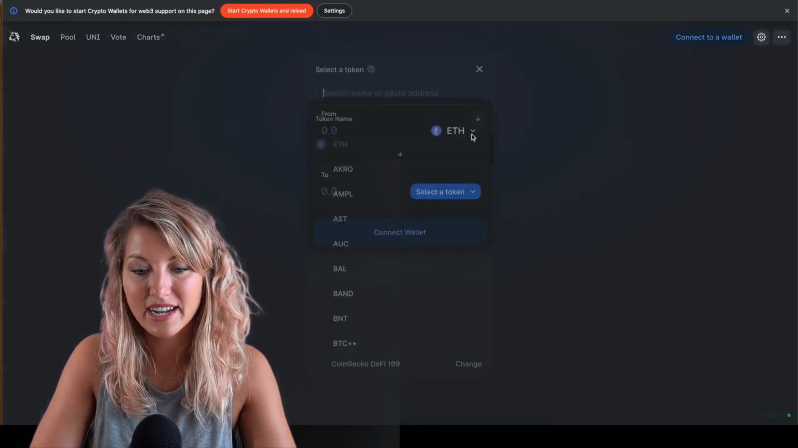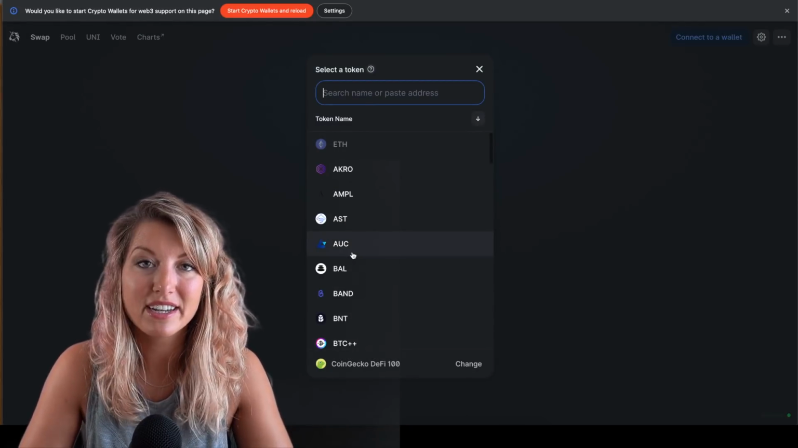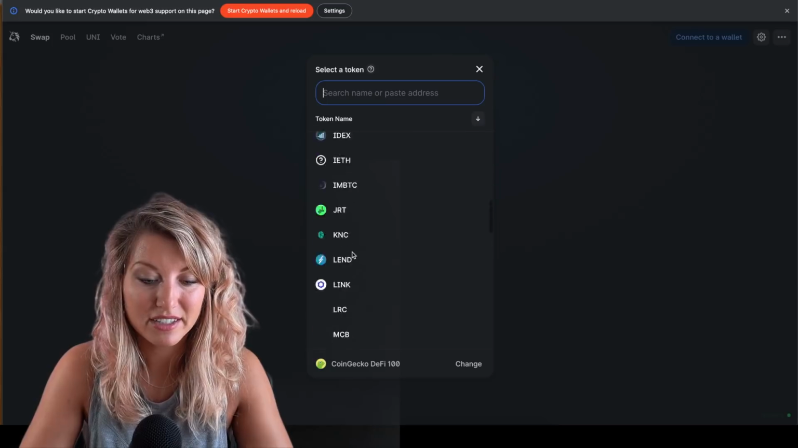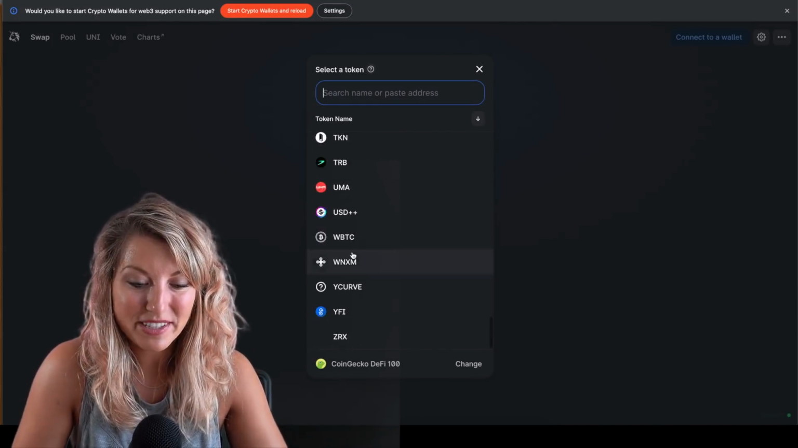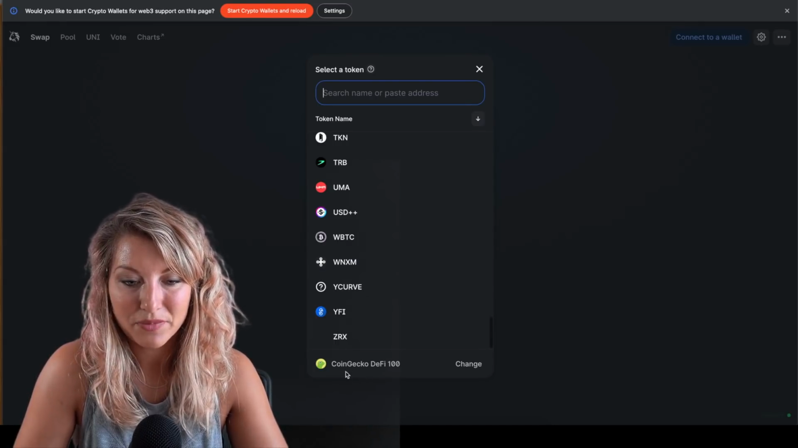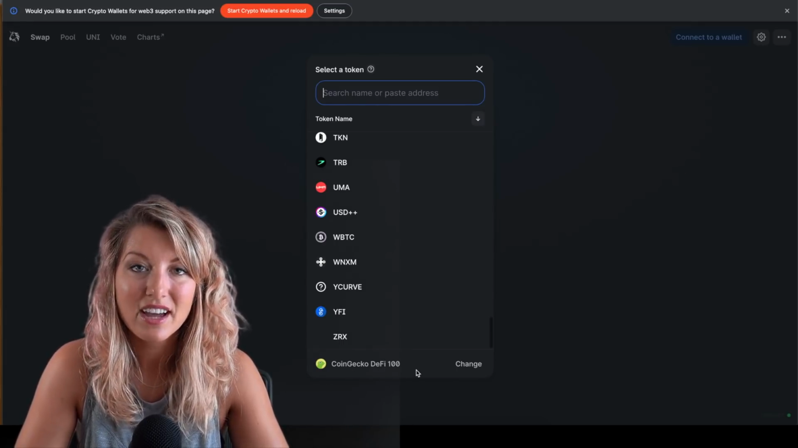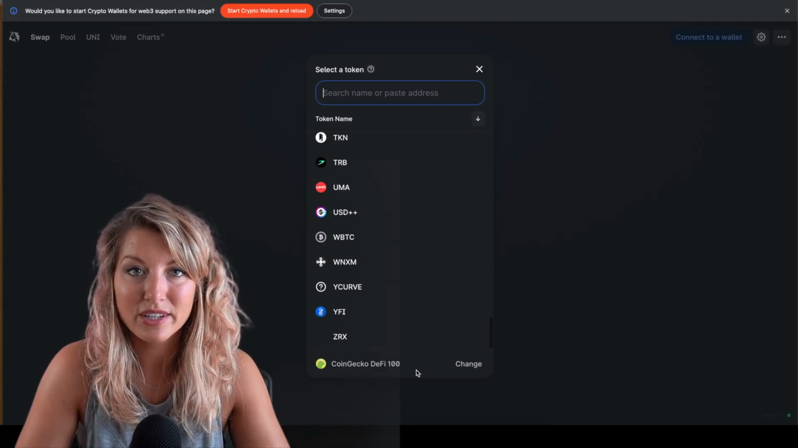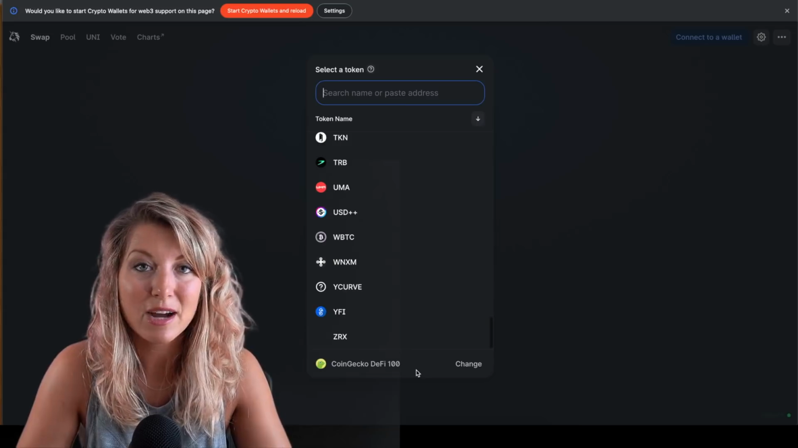So decide which coins you want to be trading. It doesn't have to be against just Ethereum. You can trade a lot of different tokens. Now you're seeing all these lists of coins. I'm scrolling through right here, and down at the bottom, I have a list called CoinGecko DeFi 100. This is a curated list of ERC20 tokens that CoinGecko has deemed to be in their top 100